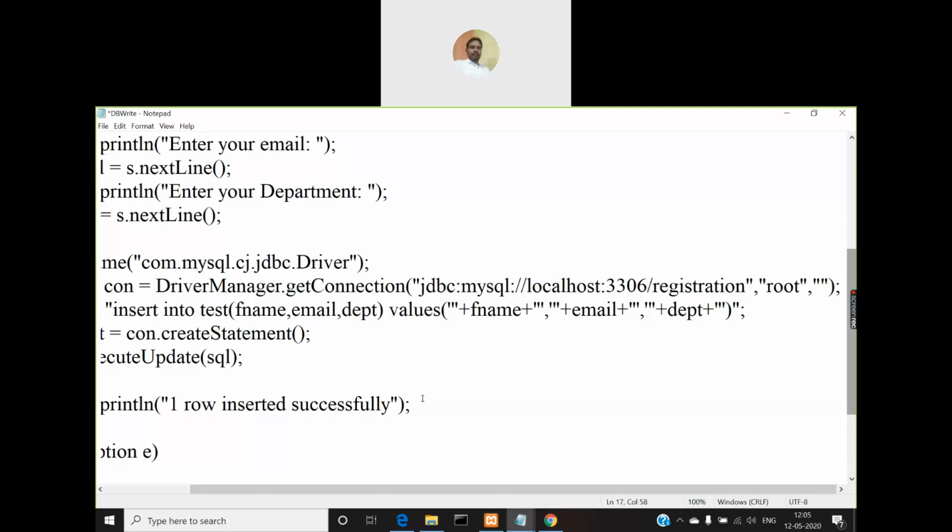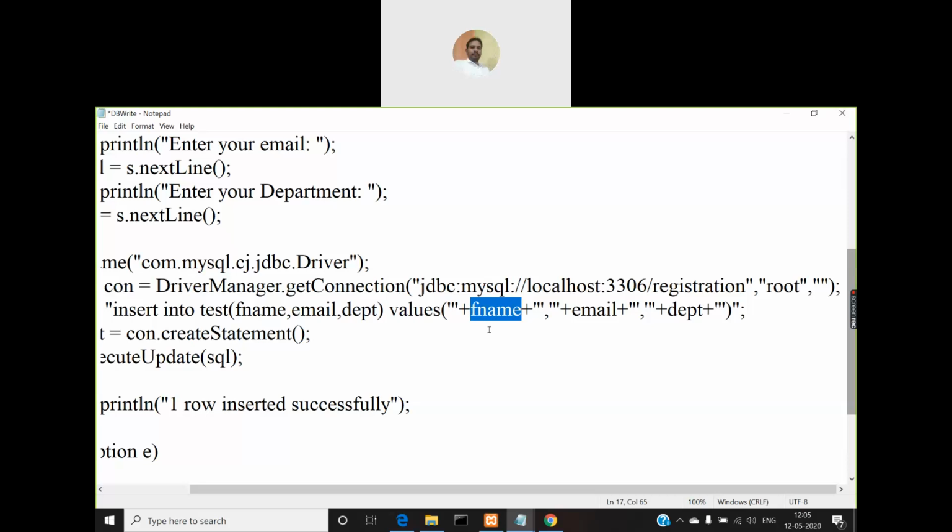Then here we are supposed to open the single quote. Simply open that single quote and close the double quote, because we cannot enclose this Java variable fname inside a single quote, which would be considered by Java as a string, not as a variable. And instead of using its value, it will use fname itself as a value.